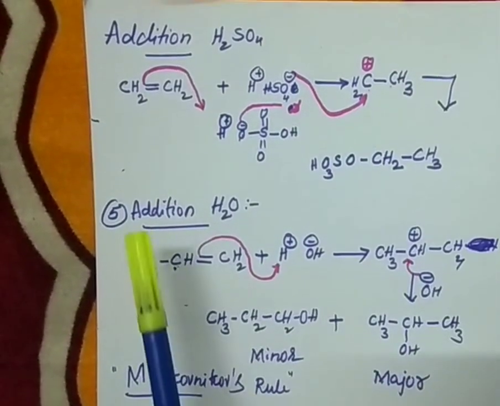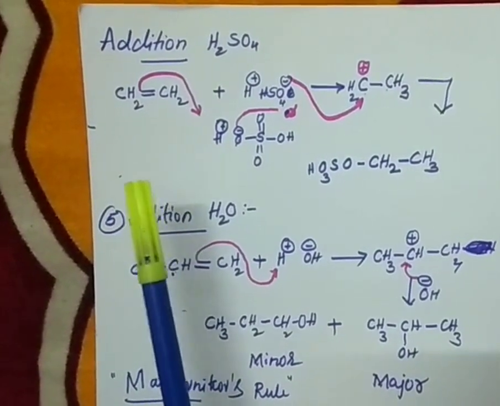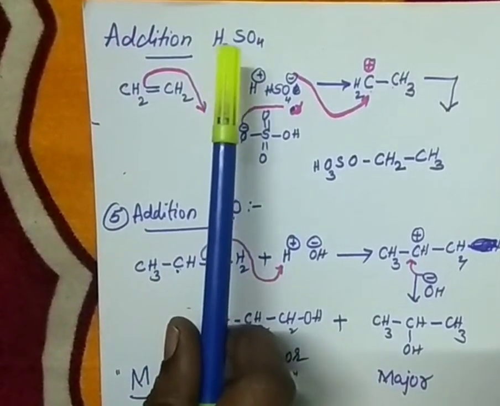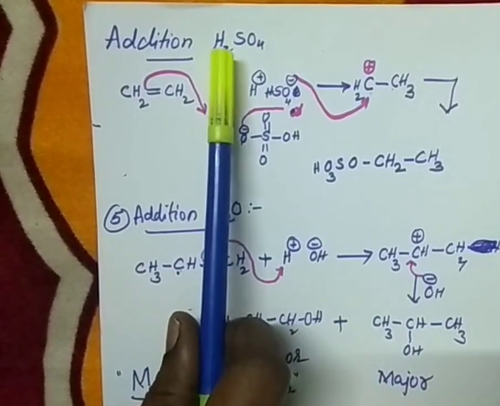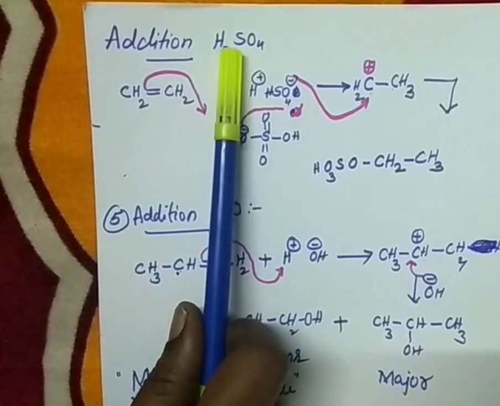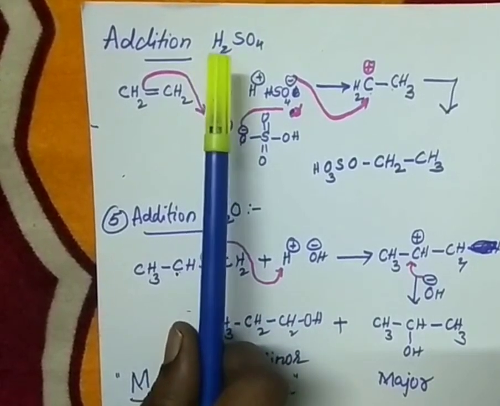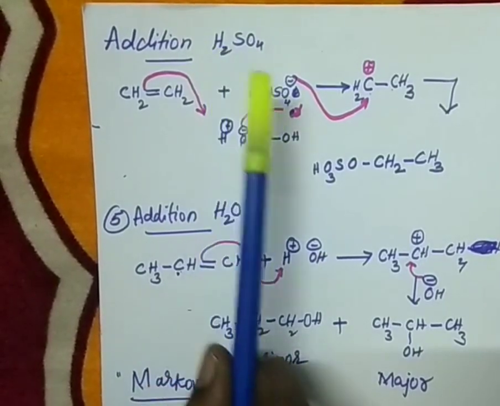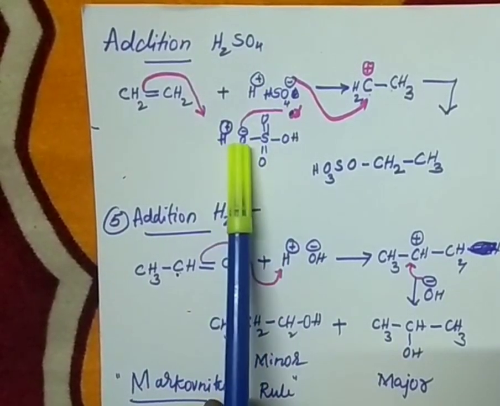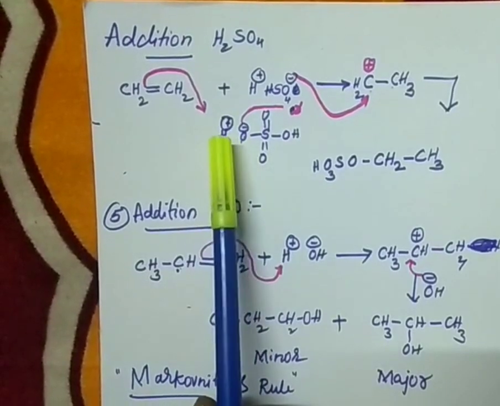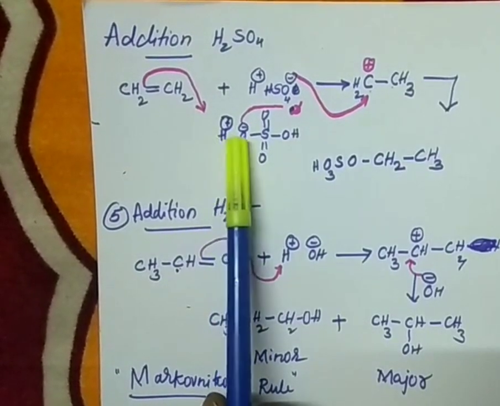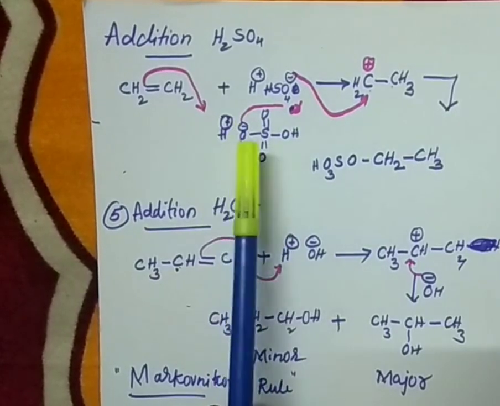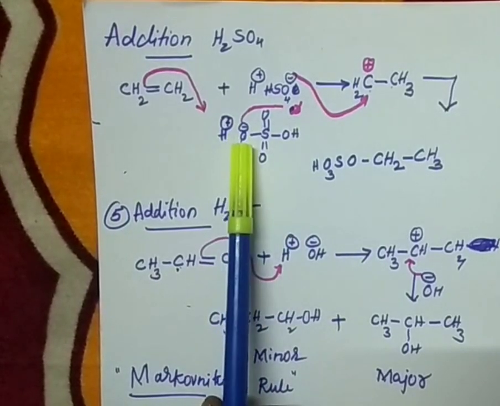Okay students, let us continue with the next addition reaction, that is addition of sulfuric acid. Whatever the substance that is going to be added, you should know the formula of that compound and what the anion and cations of that are, because it is an acid and, due to the electronegativity difference between the atoms, it is polar. Polar means having positive and negative charges. But how is the structure, how is the compound, and where is the negative charge, you should know.